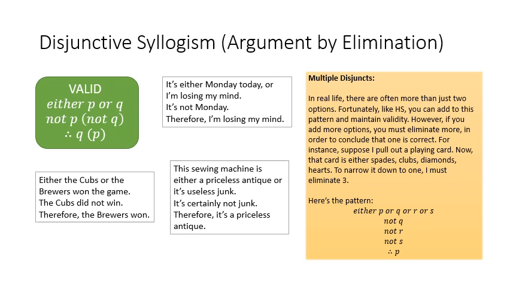So I have here a pattern with four options instead of just two. So I've got P or Q or R or S. And if I want to conclude P, which in this case I do, right, I have P as the conclusion, then I have to eliminate Q, and I have to eliminate R, and I have to eliminate S. So you need not Q, not R, not S in order to do that. So it's still valid. It's still the case that if the premises are true, the conclusion has to be true, but it's a little bit more complicated, and thus